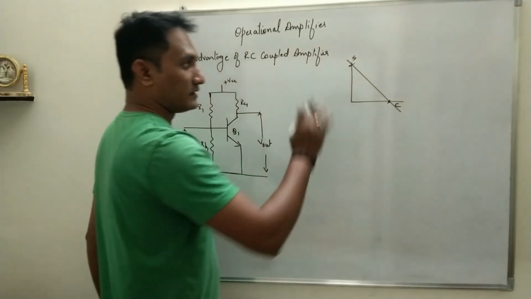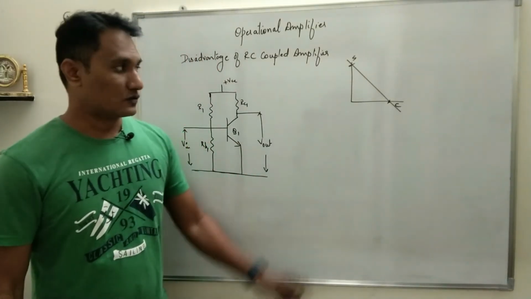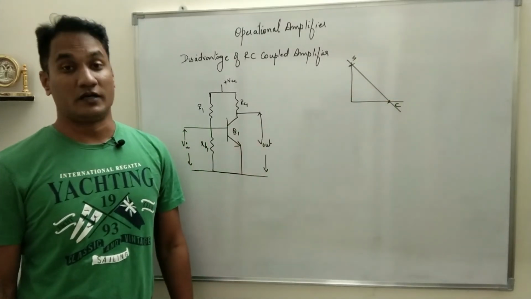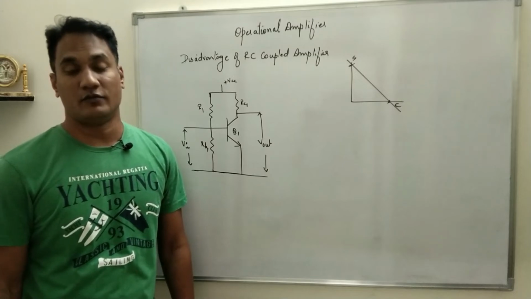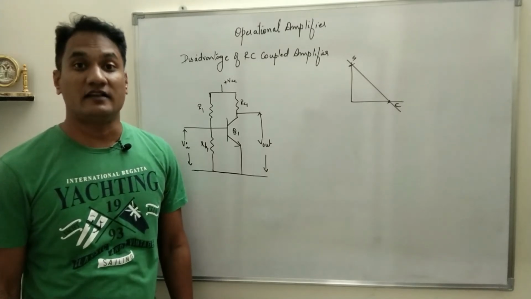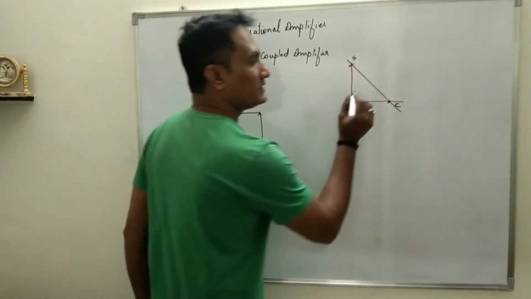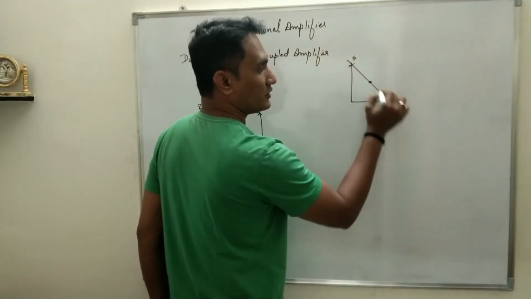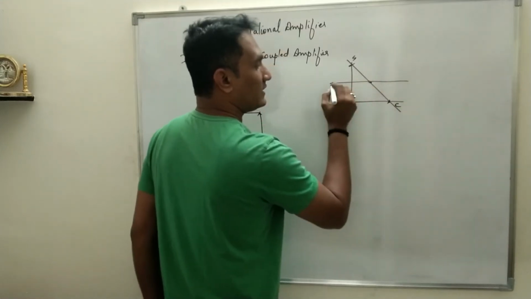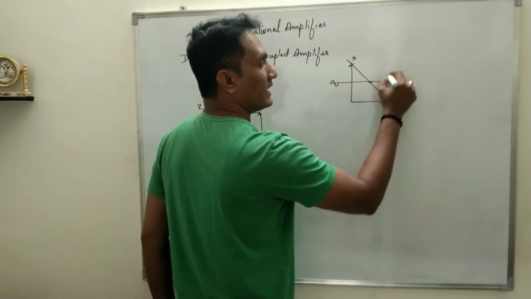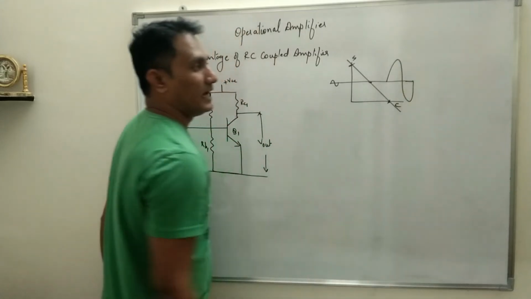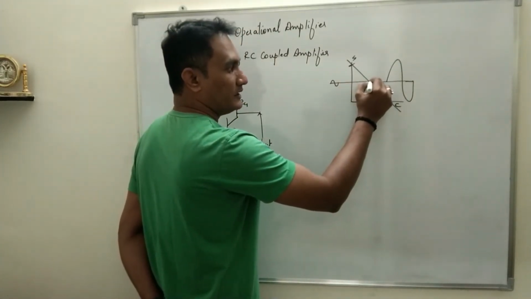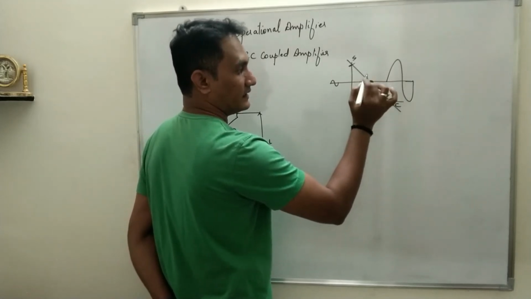Now there the transistor was used as a switch, so either the transistor will be working in the saturation region or in the cutoff region. But when the transistor has to be used as an amplifier, it should be in the active region. The active region will be exactly between the center of saturation and cutoff. That means in the active region, the input signal will be applied here and the signal will be amplified at this point. So the operating point should be exactly at the center.